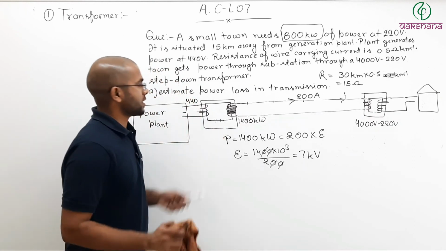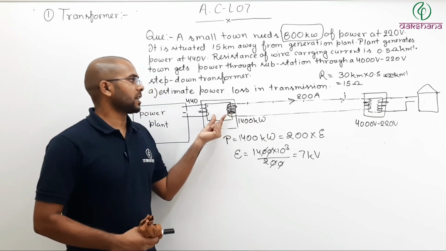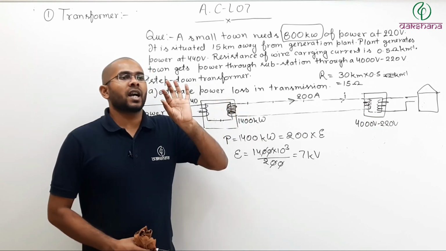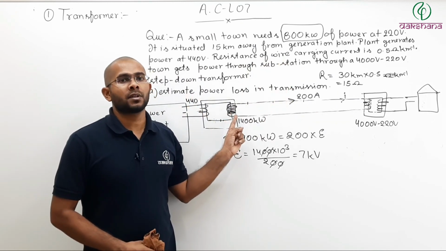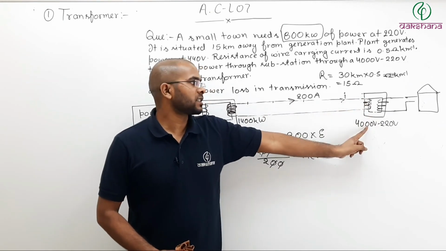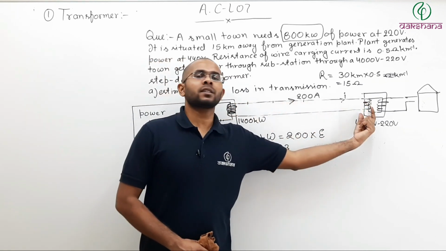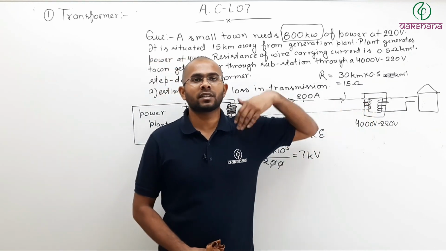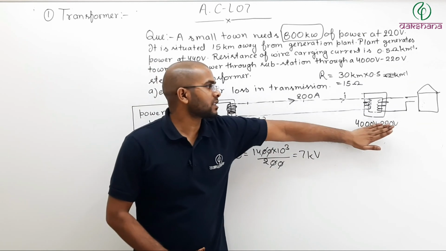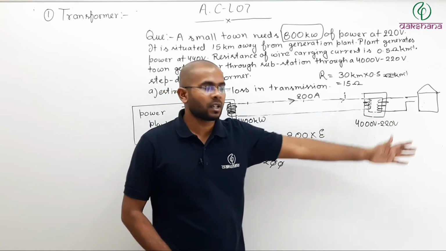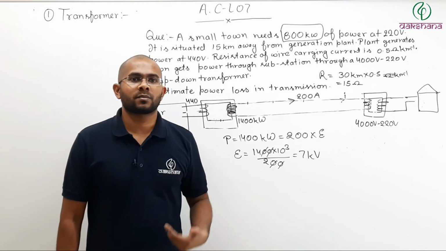Now, since this is 7000 volt known, now you can see the difference. Here, step up transformer started transmitting power at what voltage? At 7000 volts. By the time current reaches here, what is the voltage? 4000. So here it is 7000. Here it is 4000. So that way voltage decreases. So you start transmitting at 7000. By the time it reaches substation, it becomes 4000. So this way you can solve your numericals based on power transmission.